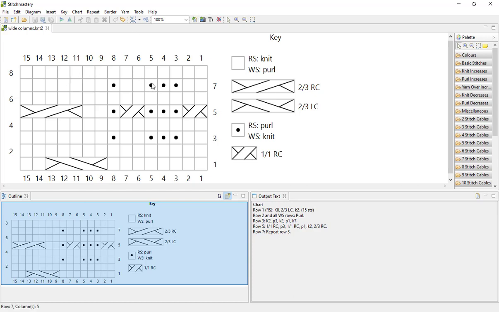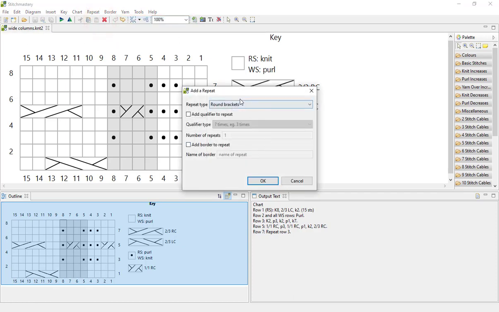So we have a random chart here and I'm going to select a number of stitches to put into a repeat. So I've clicked in one stitch. I'm going to hold down my shift button and click in the opposite corner to get a rectangular area. These stitches are now greyed out, that means they're selected, and I'll go to repeat and place stitches in selection into a repeat. We have a few different things that you can edit to suit.